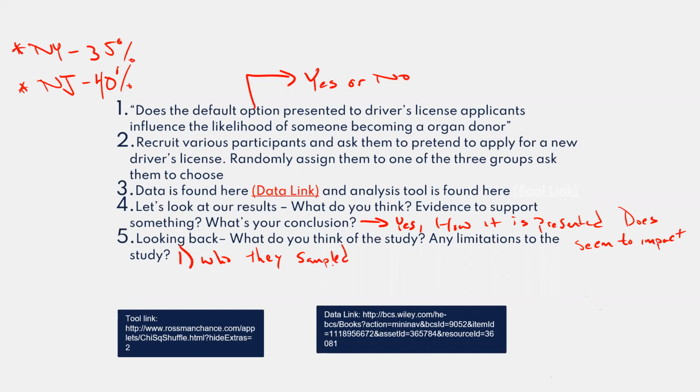So here's the thing. This is where it gets even more tricky. Okay. This study can only really say something about who did they interview for this study? Students from where? What university? Does anybody remember? Columbia. Okay, now here's where it gets even more tricky. They only sampled Columbia students, and they only sampled Columbia students who are willing to show up for a study. So you could really only say that these results are only transferable to Columbia University students who are willing to participate in a study. So is there something different about Columbia University students than the rest of the world?